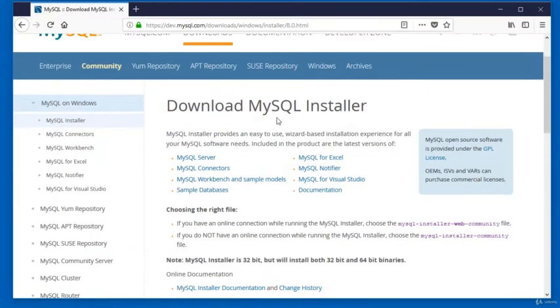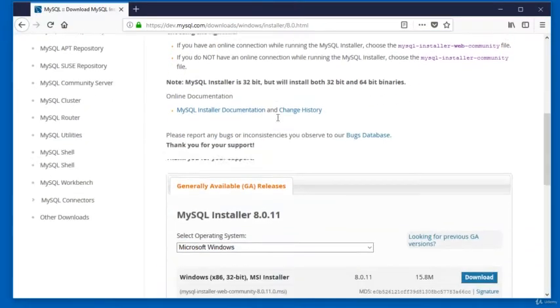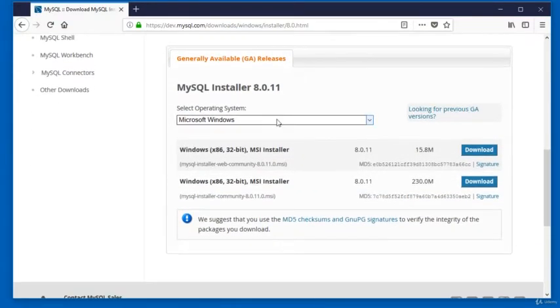On MySQL installer download page, I will download the latest MySQL 8.0.11 version. Since there is no 64-bit installer available, though I am using Windows 10 64-bit operating system, I will go ahead and download 32-bit installer. Again, here you can see there are options for downloading the MySQL installer.